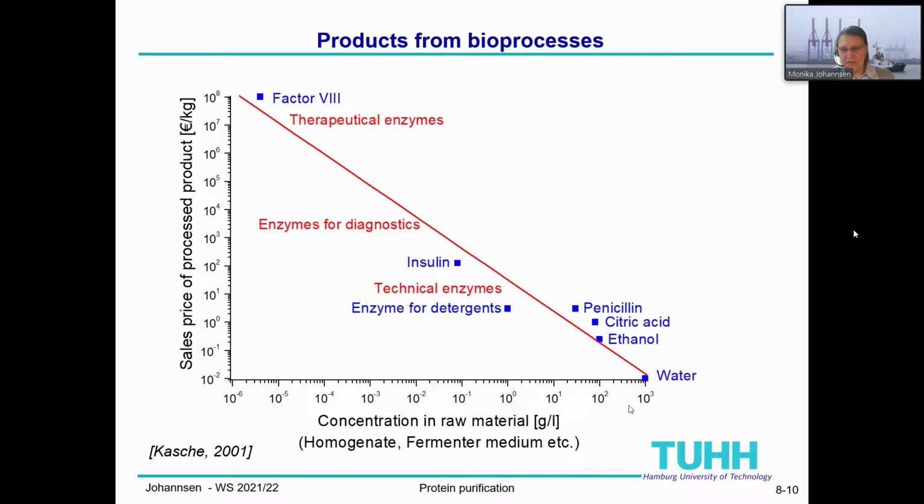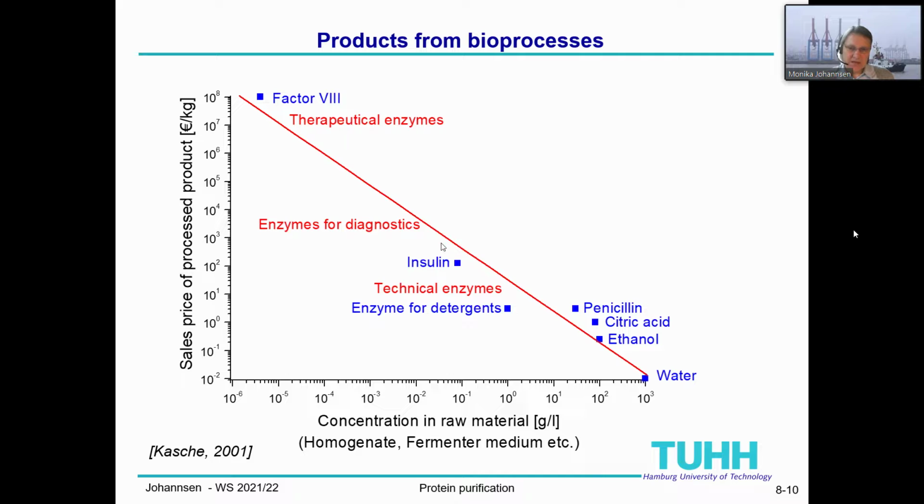So you can see here the logarithmic scale. So this is a pure water, 100%, and ethanol we can have, for example, 10% in the fermentation process. Similar range is for the citric acid, but if we go to